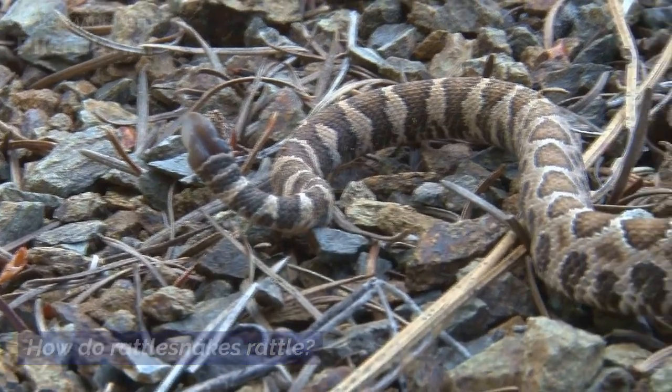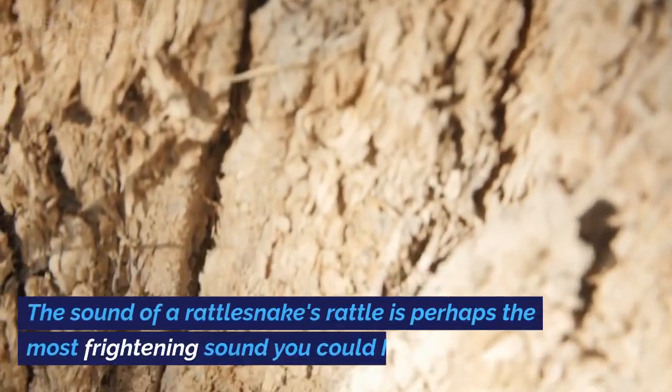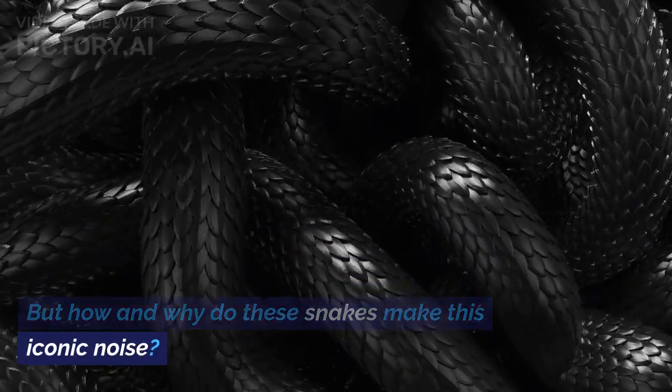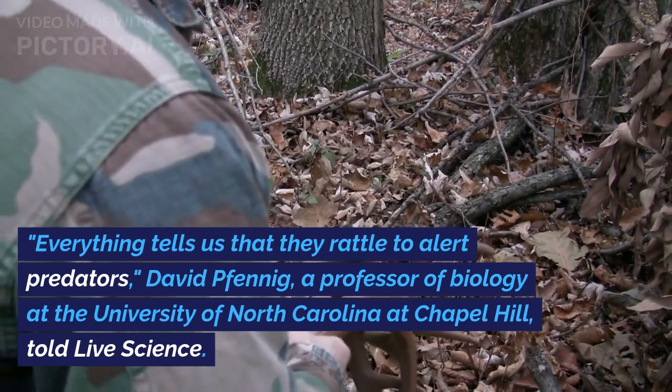How do rattlesnakes rattle? The rattlesnake's rattle is nothing like a maraca. The sound of a rattlesnake's rattle is perhaps the most frightening sound you could hear on a hike. But how and why do these snakes make this iconic noise? "Everything tells us that they rattle to alert predators,"